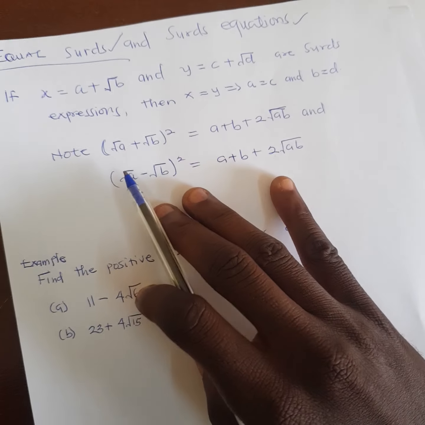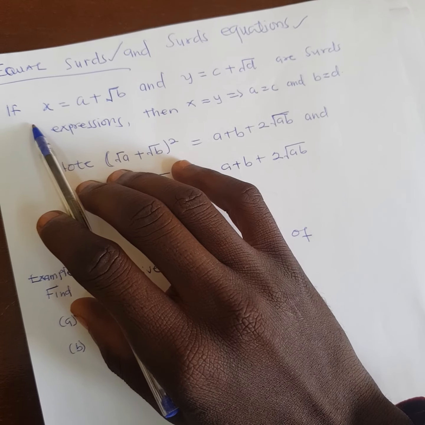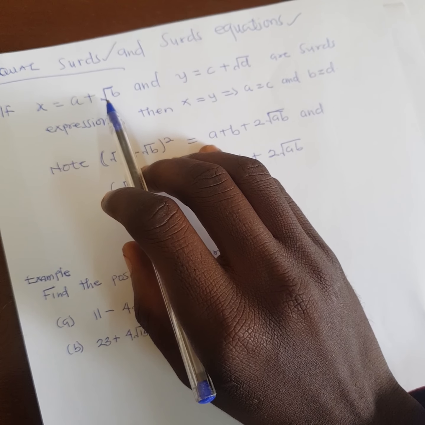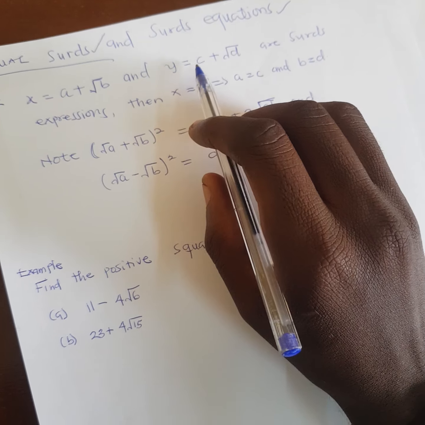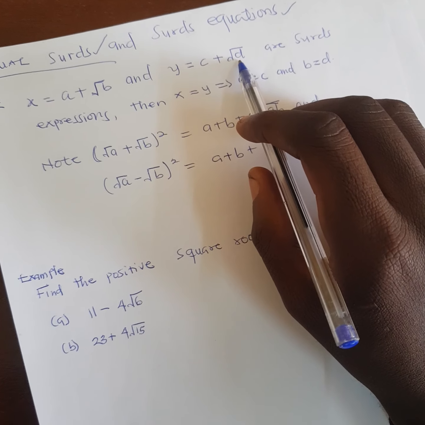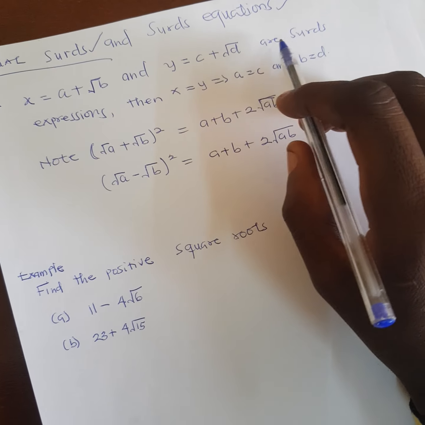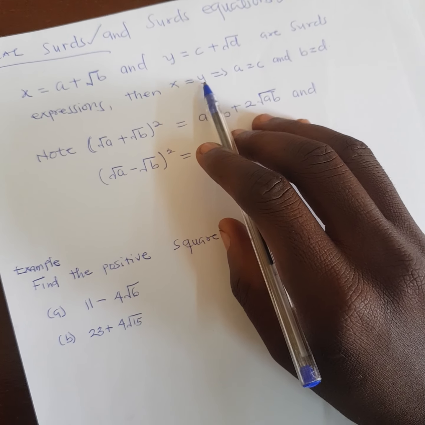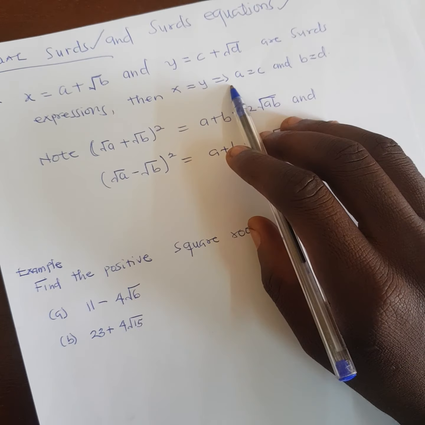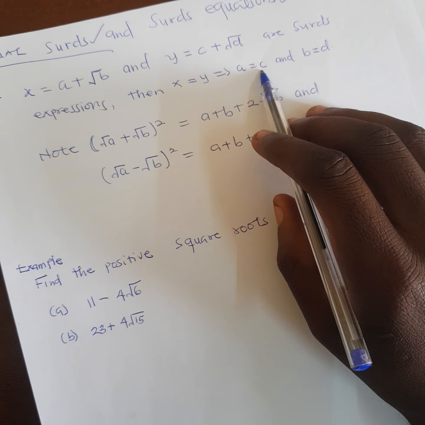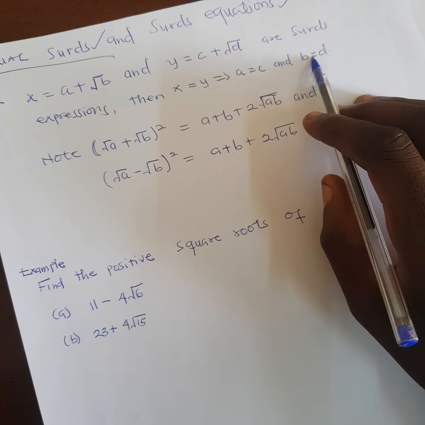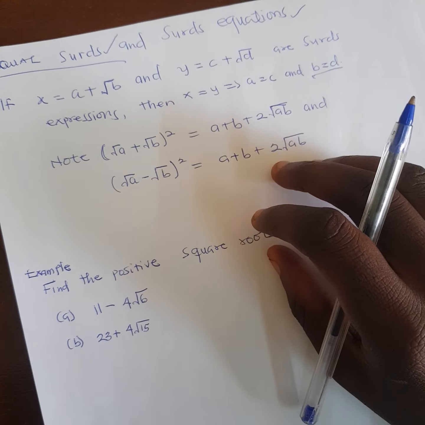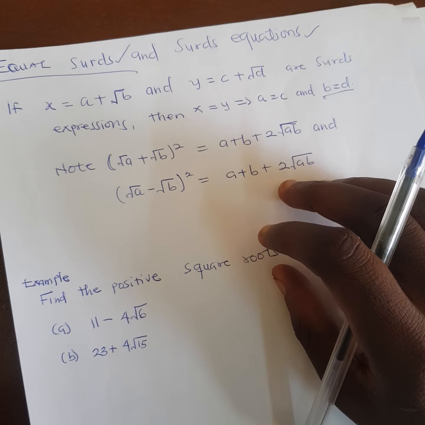Now, if x is equal to a plus root of b and y is equal to c plus root of d, which are surd expressions, then if x is equal to y, it therefore implies that a is equal to c and b is equal to d. Now, what this expression is saying is that